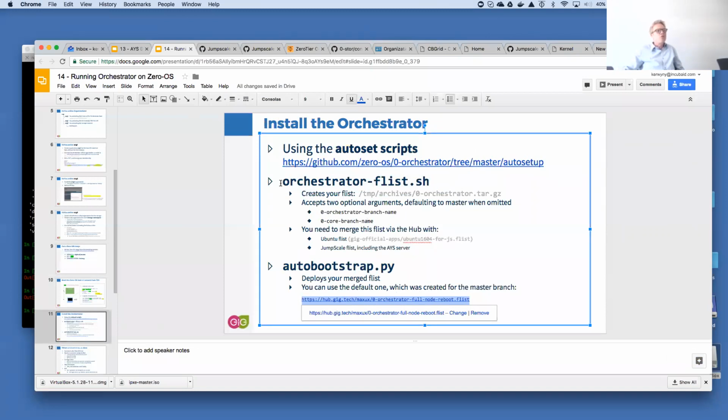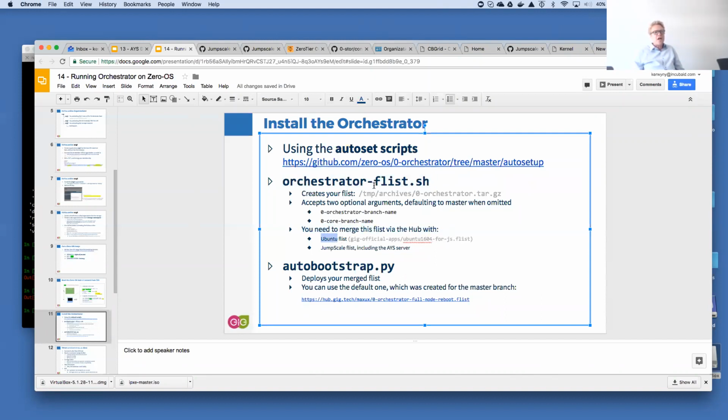Now, also know that when you create an F-list using this script, you still need to do one extra manual step. And maybe I should include a slide about that too, just so that you understand how we do it. I covered that also in the past. You then need to merge this F-list with 2 other F-lists, with the Ubuntu F-list and the Jumpscale F-list.